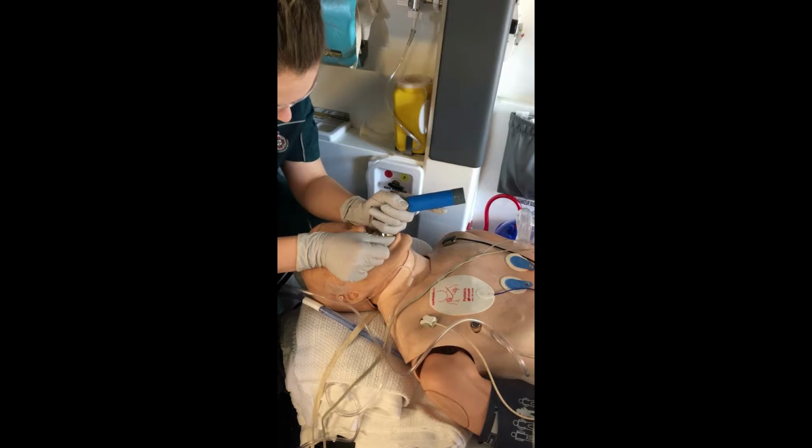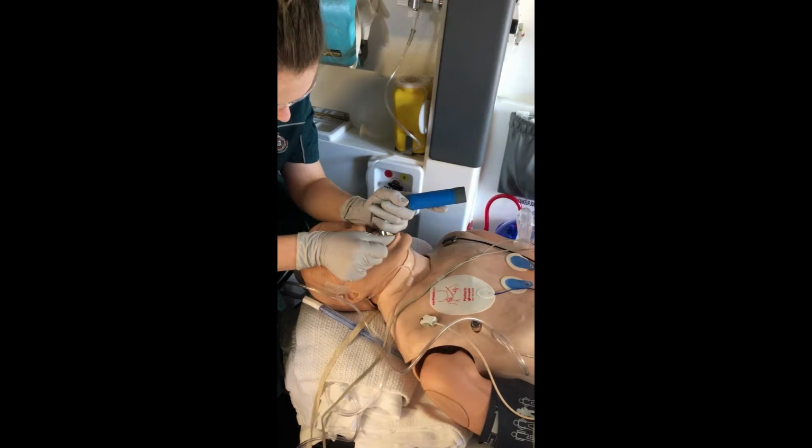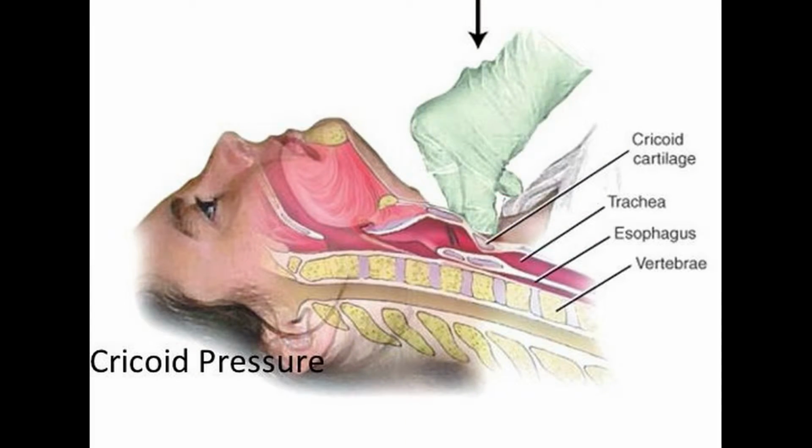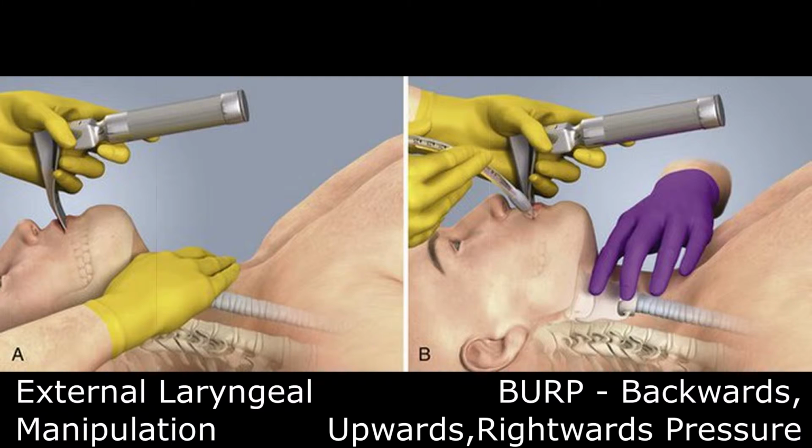The angle and position will determine cord exposure, not the force applied. Look for the laryngeal inlet and the structures previously identified. If you're unable to visualize the cords, consider suctioning, releasing or reduction of cricoid pressure if applied, external laryngeal manipulation